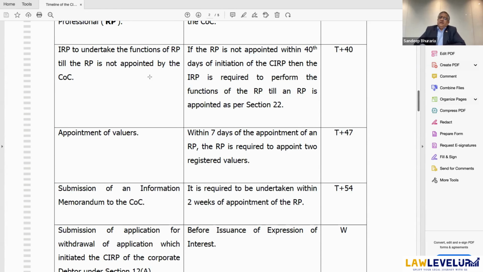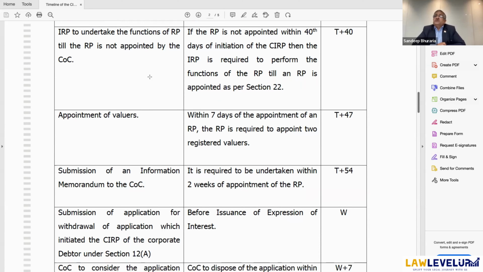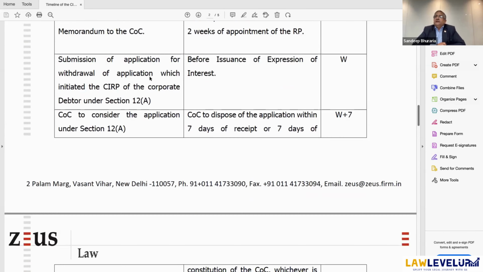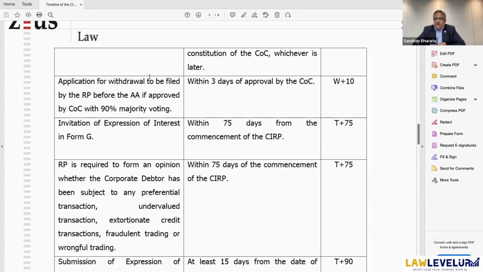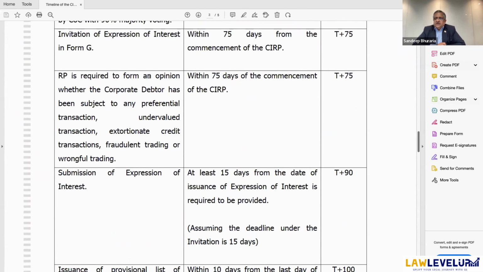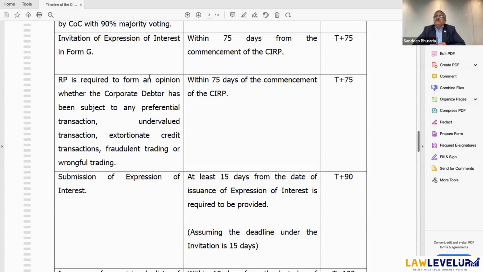Once an information memorandum is finalized, then the interim resolution professional will publish Form G. Now, what is the purpose of this Form G? Form G is for inviting expression of interest. Now, friends, very important, CIRP proceedings are not recovery proceedings. CIRP proceedings are for resolution of a corporate debtor. What does resolution of a corporate debtor mean? The resolution of a corporate debtor means that if there is a debt and there is a default, and that